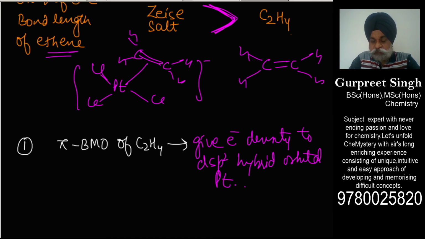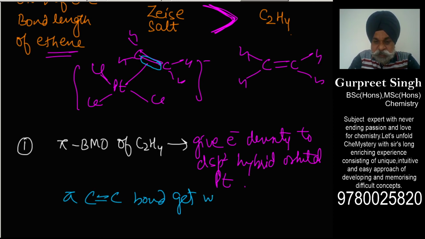As a consequence, the pi bond in itself becomes weak, because the pi electron density goes to the platinum, resulting in a weaker CC pi bond. So if the CC pi bond gets weakened, obviously